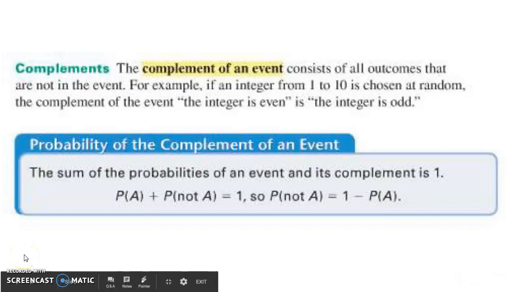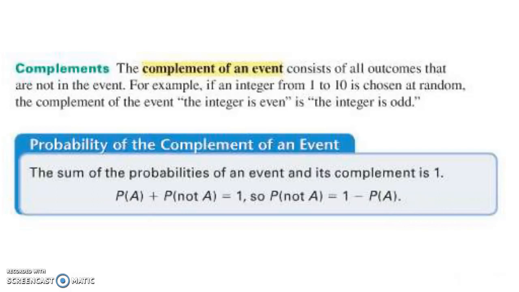We briefly hinted at the idea of a complement a few days ago in class when we looked at using experimental probability, and we looked at the results of an employment survey. We were asked a question of how many full-time employees were not involved in a certain area. And the way we calculated that is we added up all the different people who were employed in those categories that weren't manufacturing, say, and calculated our probability from that. Well, it turns out that